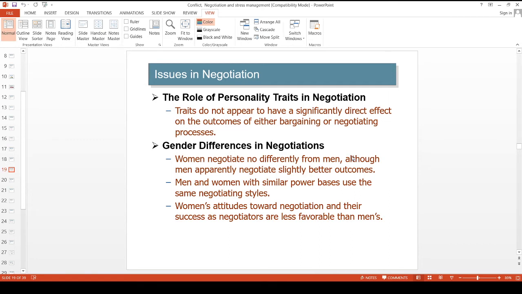Similarly, Americans are known around the world for their impatience and their desire to be liked. American negotiators are considered more impatient. Similarly, the French like conflict. They gain recognition and develop their reputation by thinking and acting against others. So these are the different perceptions about different national cultures in negotiation.